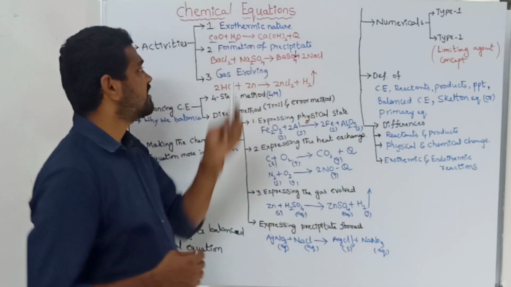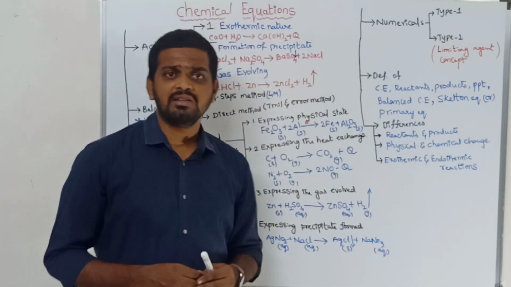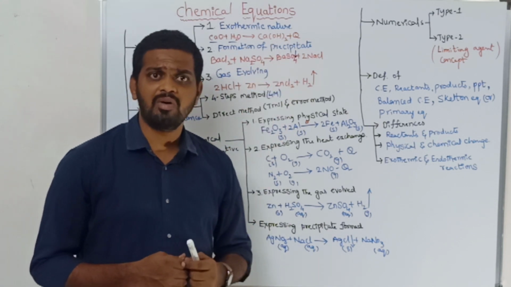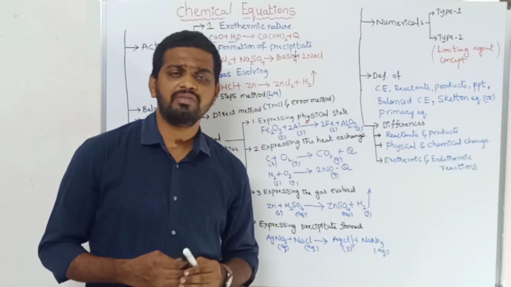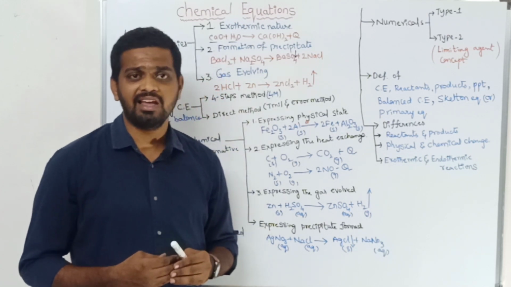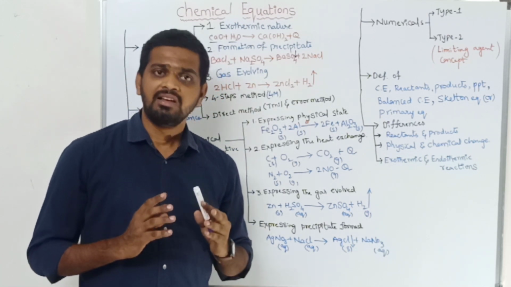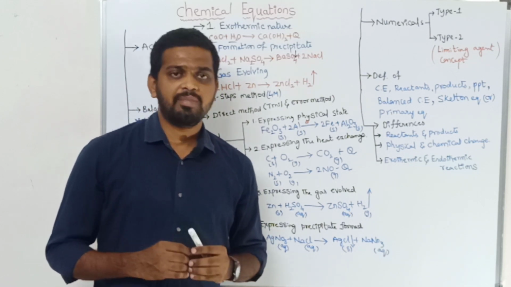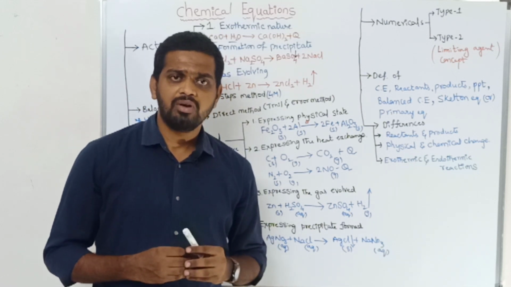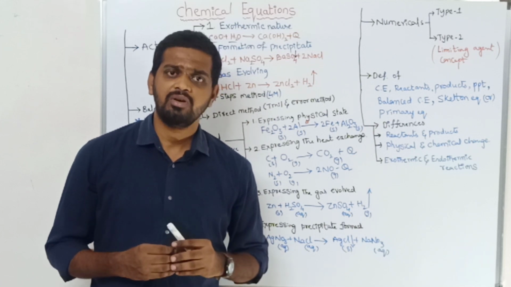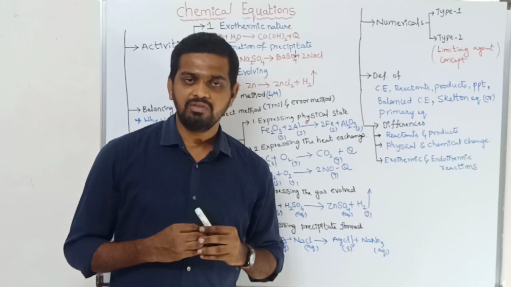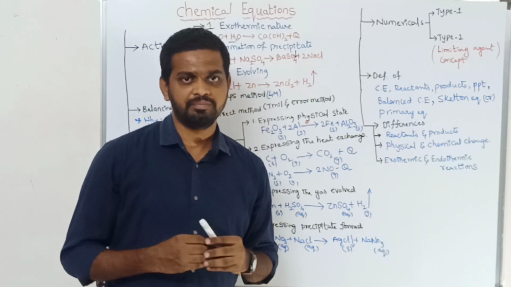Coming to calcium oxide, another name of calcium oxide is quicklime. Coming to calcium hydroxide, another name of calcium hydroxide is slaked lime. You should remember that these 2 names are very important for the bit paper also. Coming to calcium carbonate, another name of calcium carbonate is marble or limestone. This one is also very important for the bit paper.